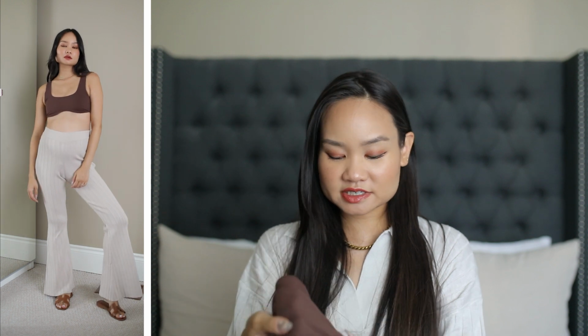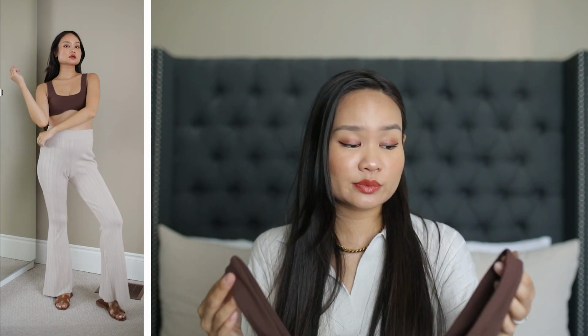But I think because this is such an affordable top, it's $24.95, and it fits really well. I would primarily be purchasing this to wear underneath blouses or blazers anyways, and you're not going to really see a lot of straps. I am quite happy with it. It's also really comfortable. I have so many other brown shades in my closet right now that I think this will match with. So I'm going ahead and keeping this one